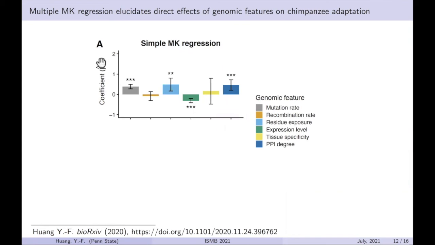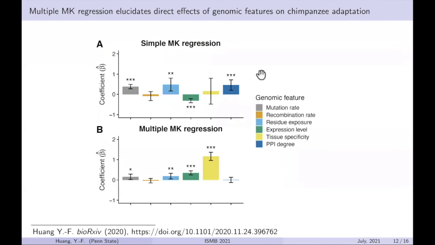And those are the estimated regression coefficients in the simple MK regression. Remember that right now we are trying to infer one genomic feature at a time. We also applied the multiple MK regression, where we analyzed all the 6 genomic features jointly. And when we compare the estimated regression coefficients between the simple and the multiple MK regression models, we can see clear differences. For some of the features, yes, the regression coefficients are very close, but for some other features, they